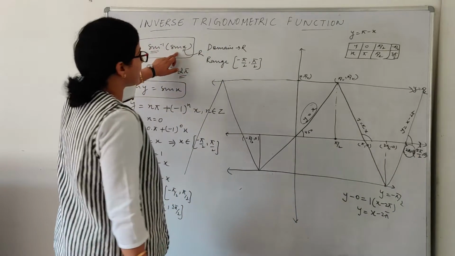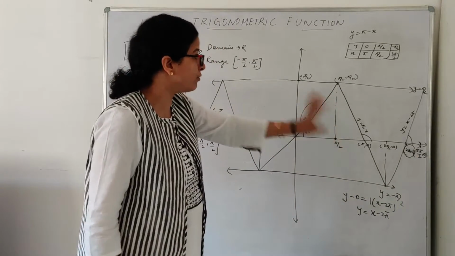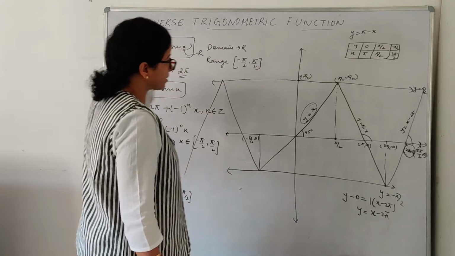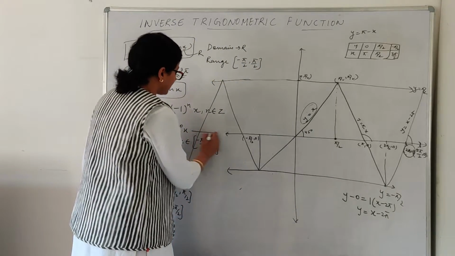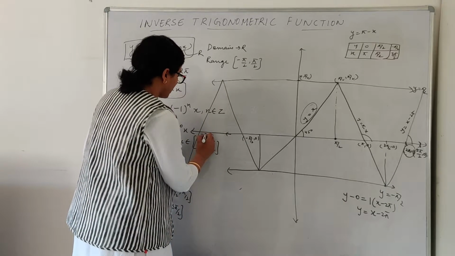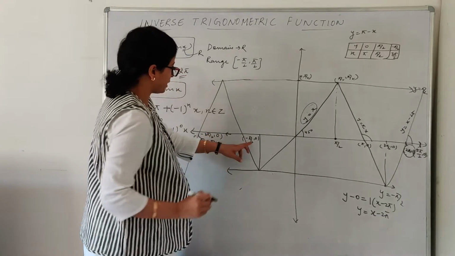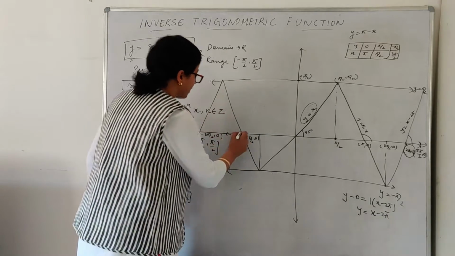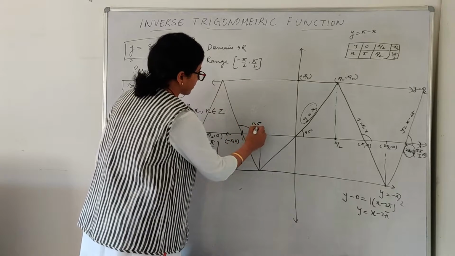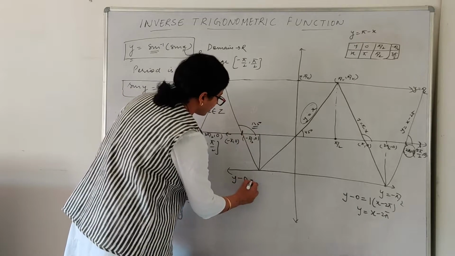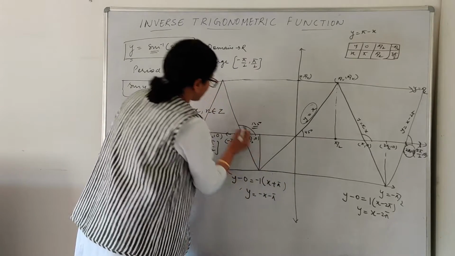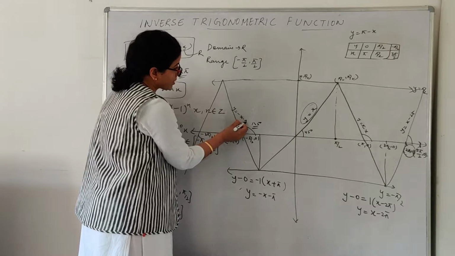Right? So it means whenever my angle lies between 3 pi by 2 and 5 pi by 2, sine inverse of sine x will become equal to x minus 2 pi. Okay. Similarly, this side, if I am talking about my angle lying between minus 3 pi by 2 and minus pi by 2, I have to find the equation of this line. It passes through minus pi comma 0. And what is the slope? 135 degree. So now y minus 0 is equal to minus 1 times x plus pi. So y is equal to minus x minus pi.